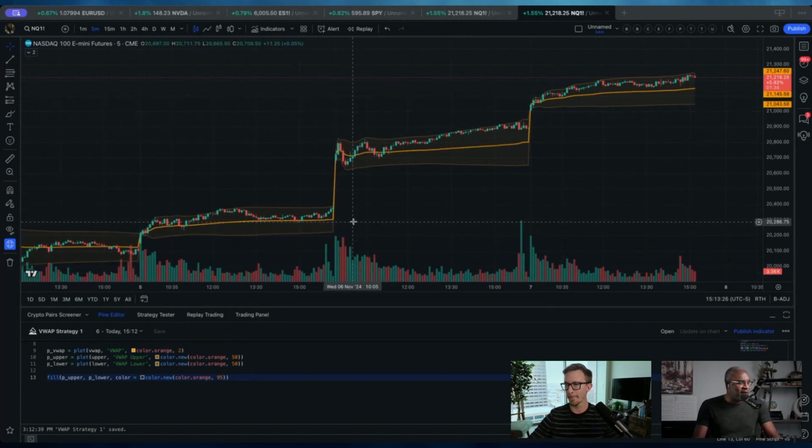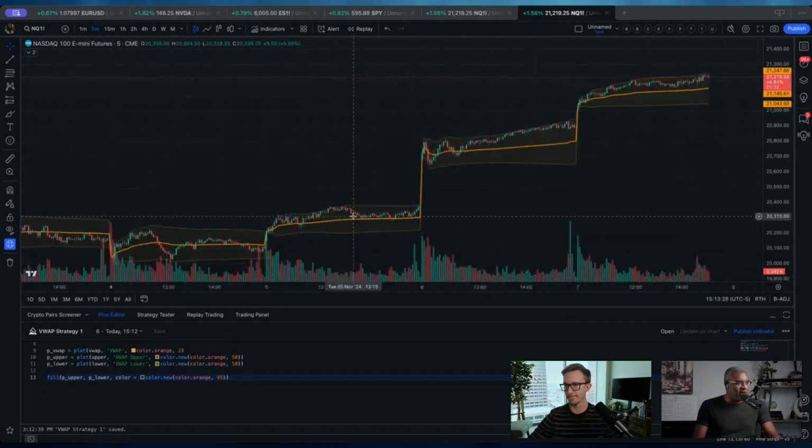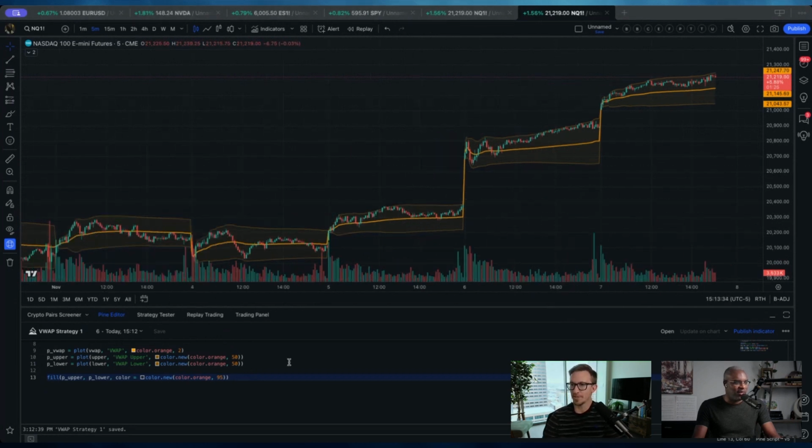So let's go with, actually, that might be interesting while we're at it. Let me show how you can plot the previous VWAP level for the same day. What do you think? Yeah, just so we always see what the lag looks like. Exactly. Sure. And I like trading based on the previous day's VWAP. So let's just have a